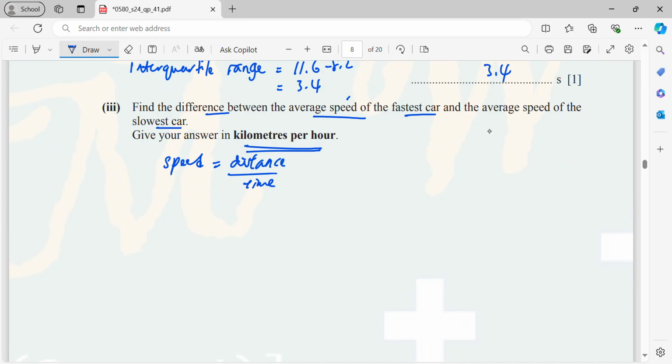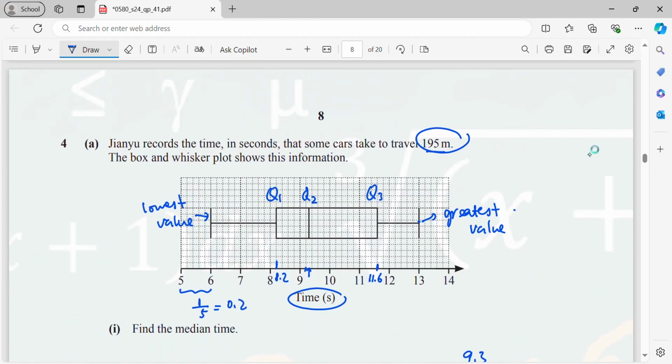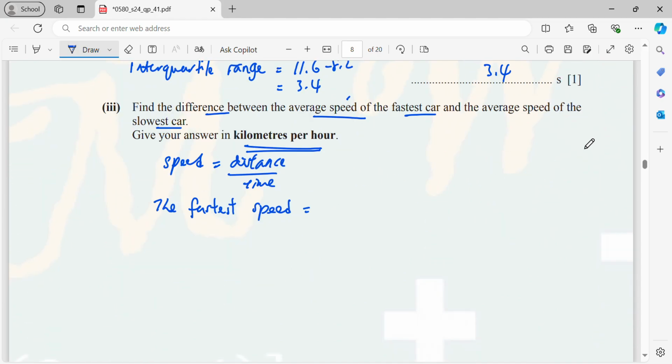So I will write the fastest speed. The fastest is here. Alright, so I need to find out what the time is. The time is actually 13 seconds, and the distance remains 195. So 195 meters over,